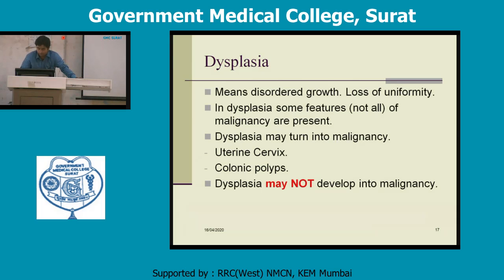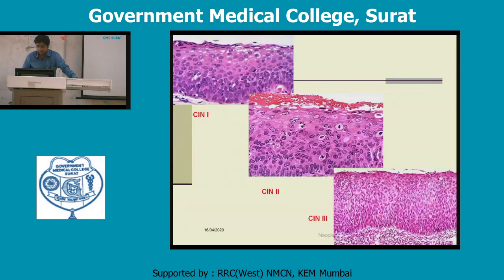In uterine cervix squamous cell carcinoma, it is not a one-step process, it is a multi-step process in which a series of events take place. Cervical intraepithelial neoplasia 1, 2 and 3, or we can say mild dysplasia, in the second image moderate dysplasia, and severe dysplasia. Here in mild dysplasia, we can very well see the presence of squamous epithelium, but atypical cells,